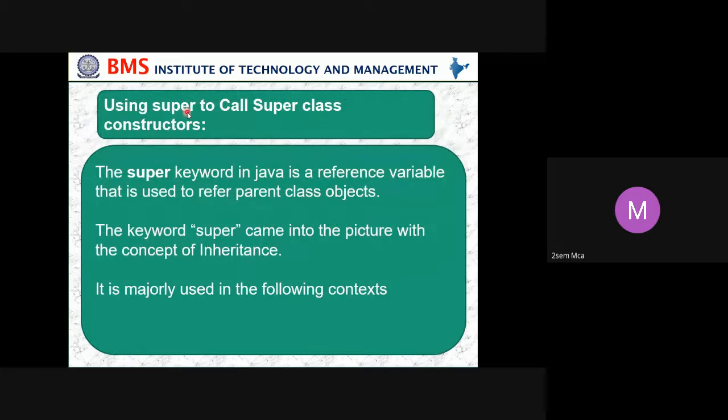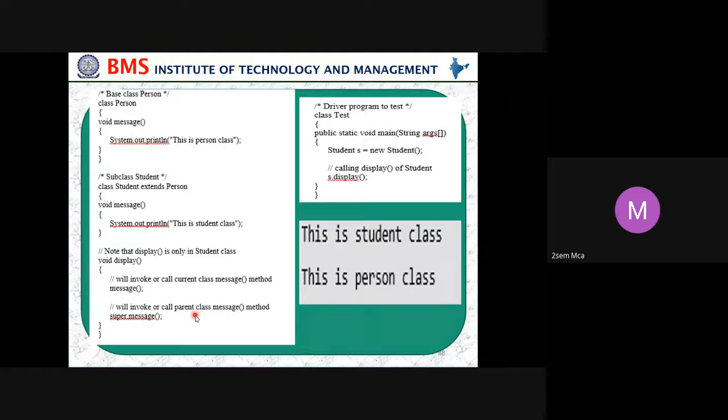Then using super to call the superclass constructor. The super keyword in Java is a reference variable that is used to refer to the parent class object. So the keyword super came into the picture with the concept of inheritance. It is majorly used in the following contexts. We can see class person and class student extends person.